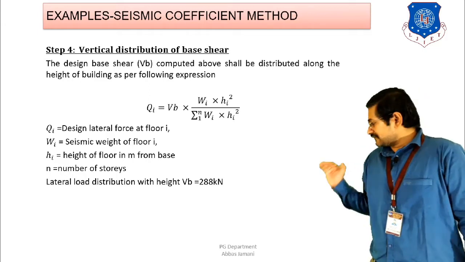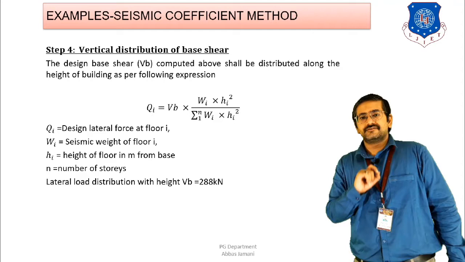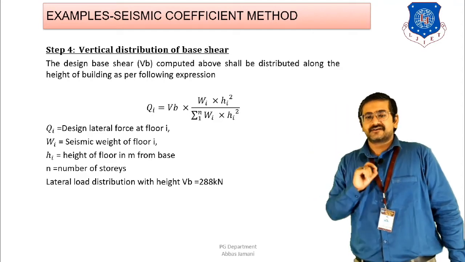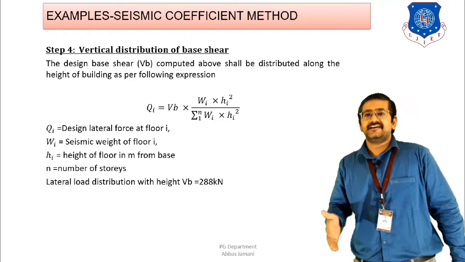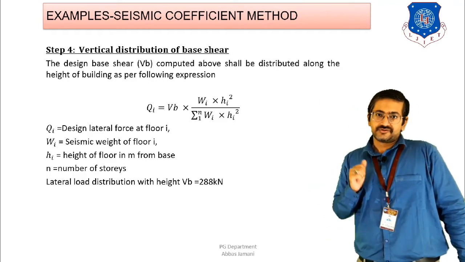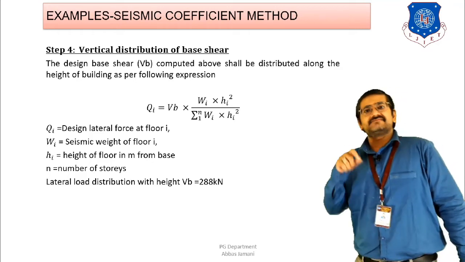right? Now once the base shear is there, 288 is the total value. However, the height of the building is 9 meters. So the next question is how the distribution of this base shear is going to be along the height of the building. So the next step is the vertical distribution of base shear, and for that